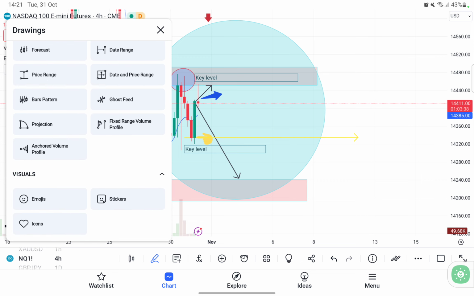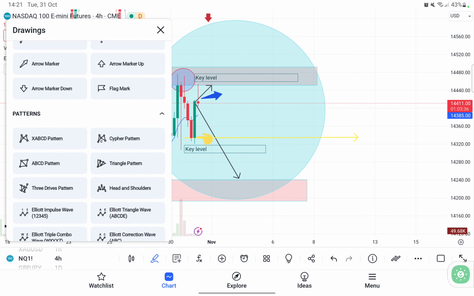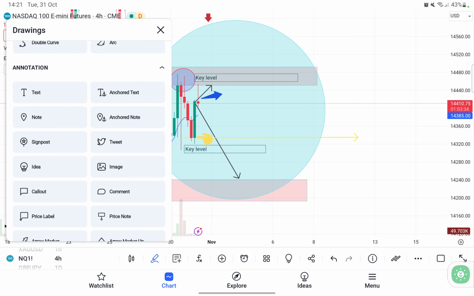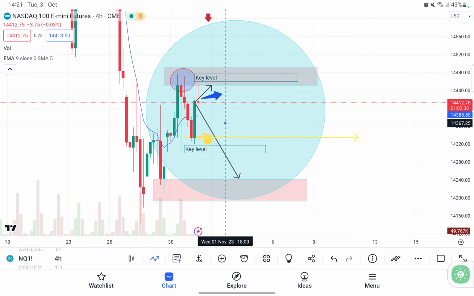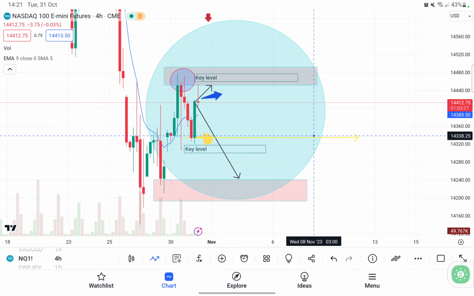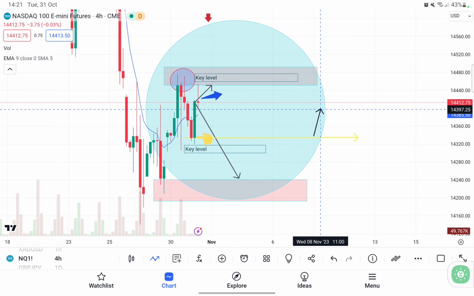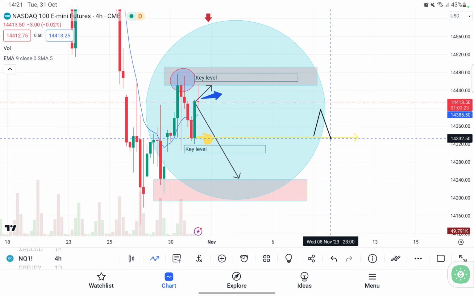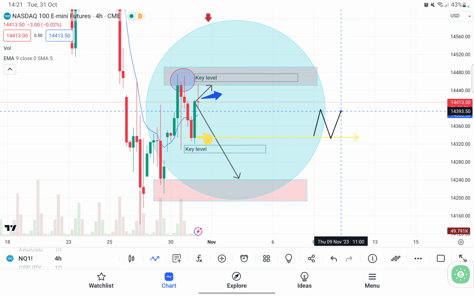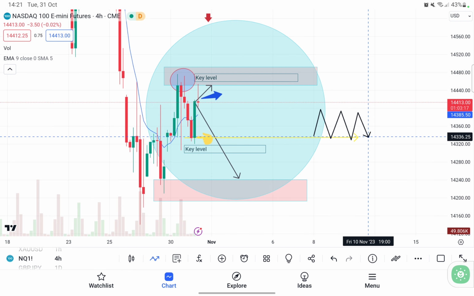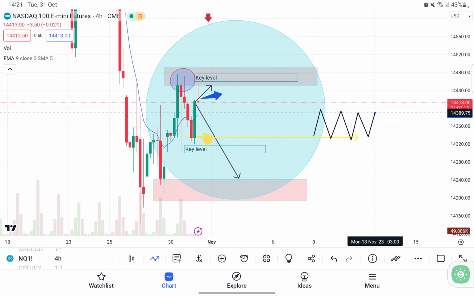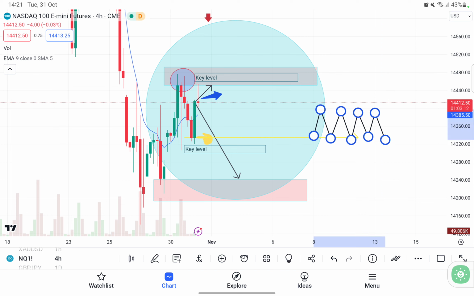So I'll show you what that would look like once I find the correct tool. So this is what it would look like if price is consolidating. So it's going up, down, up, and down. And therefore, when that is happening, we're going to stay out of the market. However,